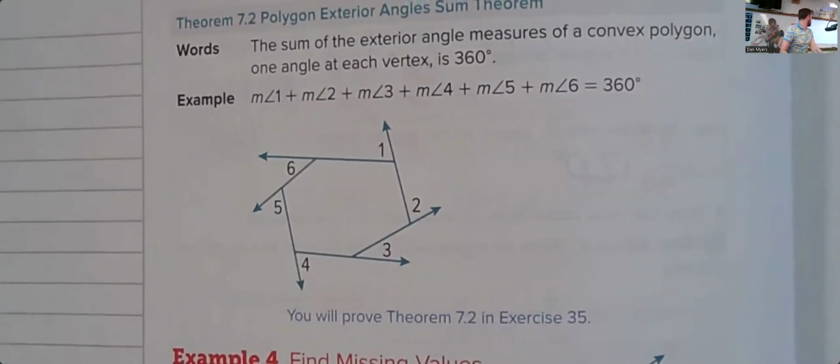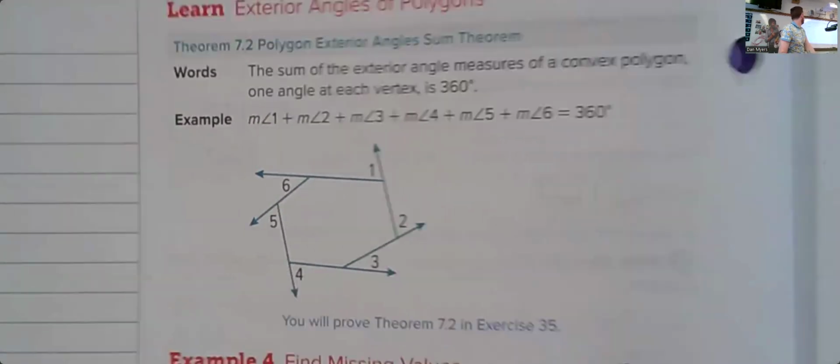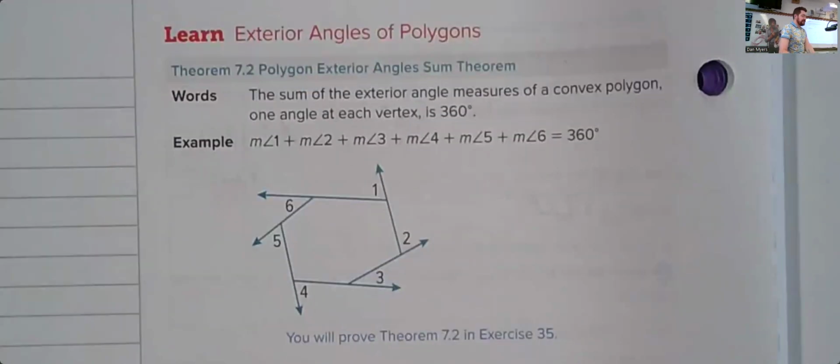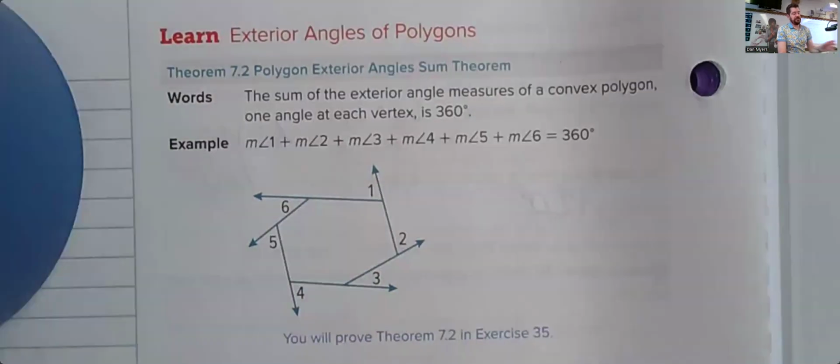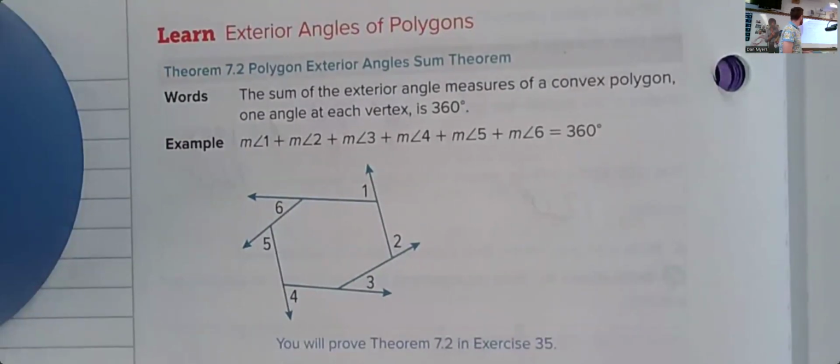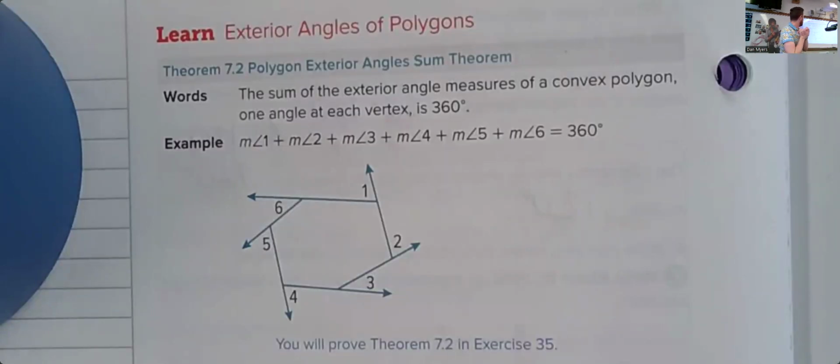This one is going to be based off of exterior angles. So exterior angles of polygons. Theorem 7.2, polygon exterior angle sum theorem. This one says that the sum of the exterior angle measures of a convex polygon, and we're only dealing with convex,